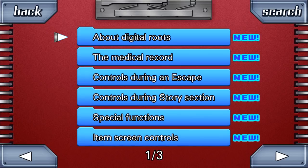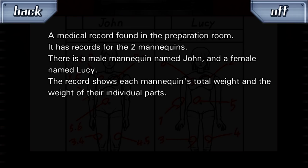Where is the medical record? Here we go. A medical record found in the preparation room. It has records for the two mannequins. There is a male mannequin named John and a female named Lucy. The records show each mannequin's total weight and the weight of their individual parts. Ah, I see. So we're going to have to...